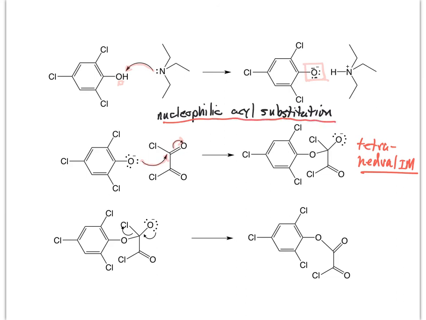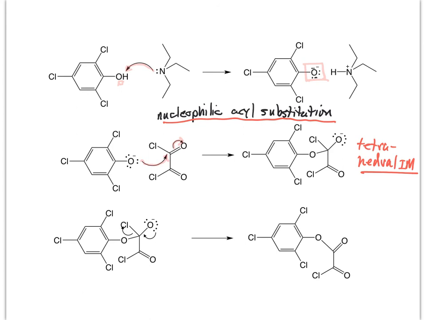So you can't skip the tetrahedral intermediate. It's not one step like a nucleophilic substitution on an sp3 hybridized carbon. You get that open up to form the tetrahedral intermediate. There's lots of evidence that that intermediate exists. And then